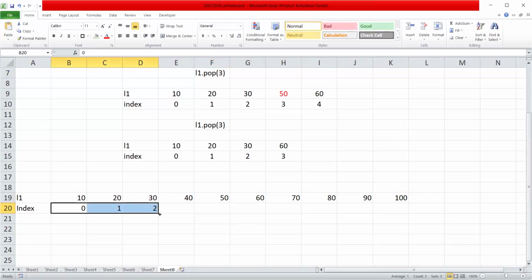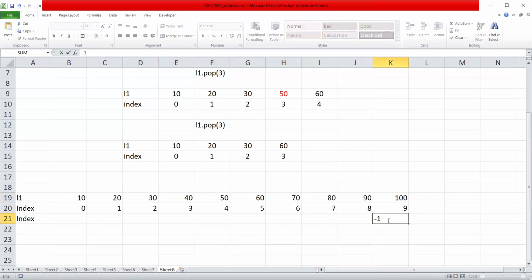Now we have seen that if I want to get the element at index 4, I will get 50, right? The element at index 3 is 40 and so on. There is one more way that you can index the value. If you want to start indexing from the last element, let's say you want to go to the last element, you can simply use the index